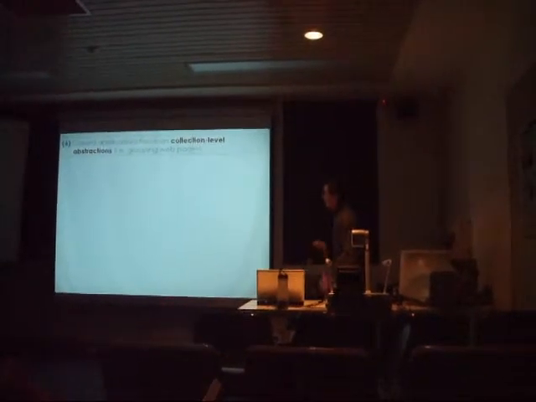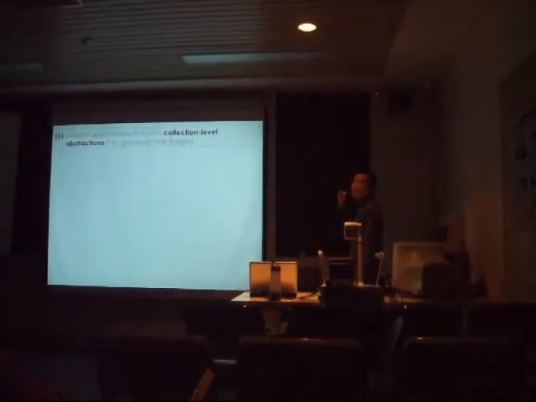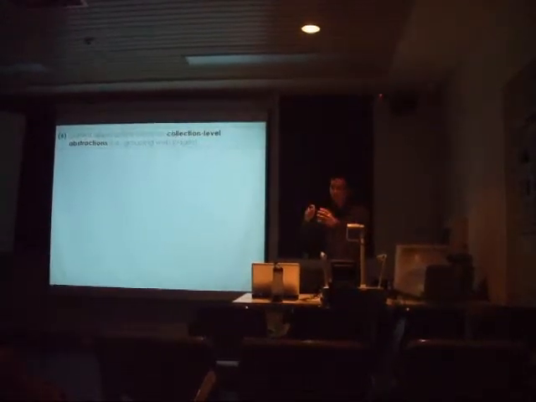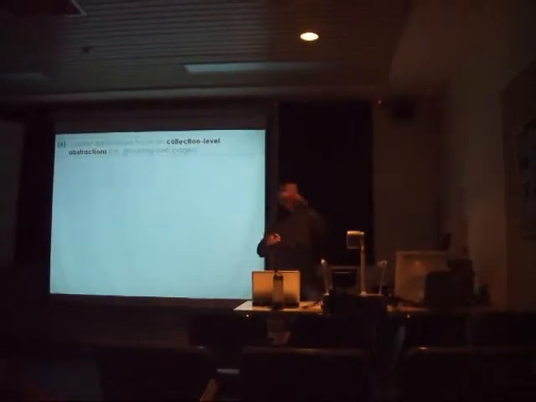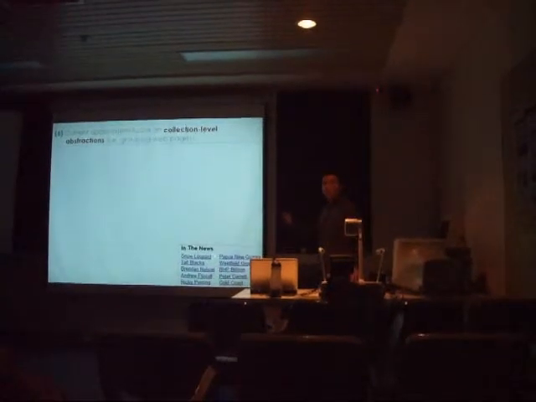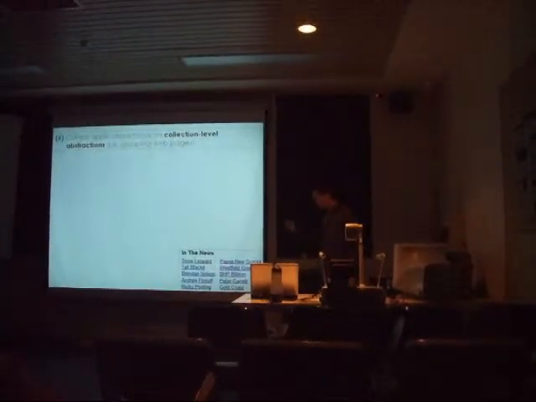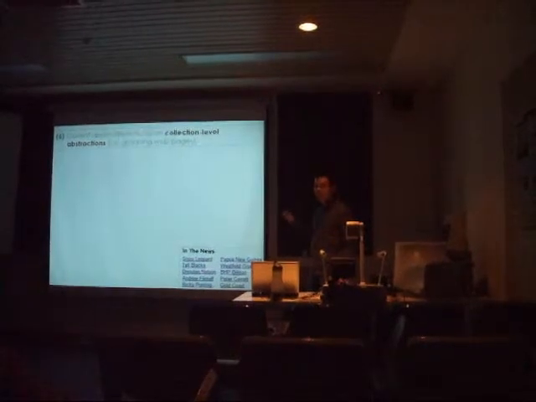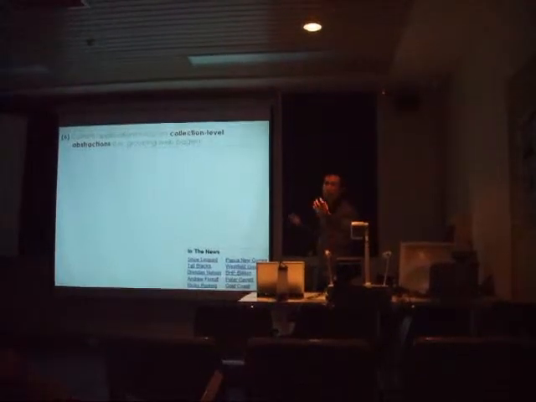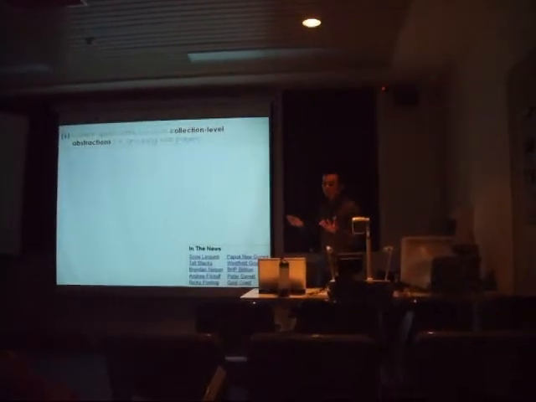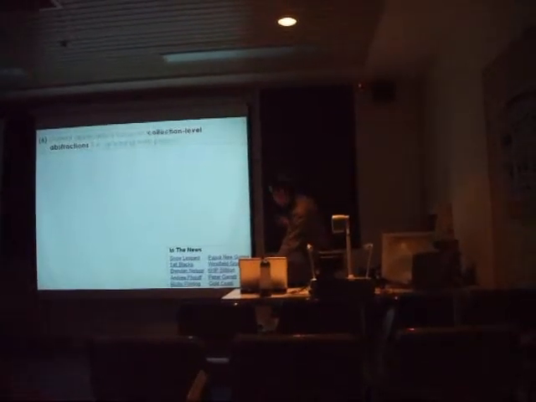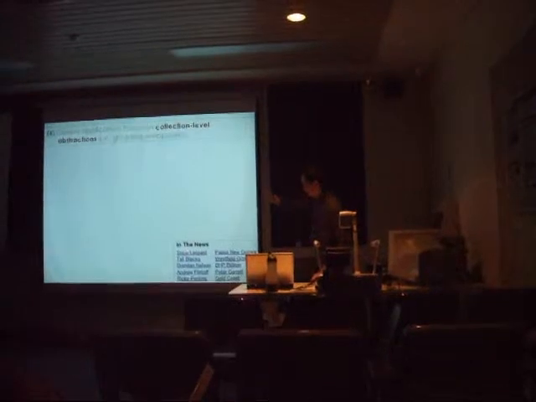And lastly, current applications focus on collection level abstractions, or in other words, the grouping of web pages and providing metadata at that level only. Let's look at this example. If you recall from the previous 2 or 3 slides, this is provided by Google to assist the users in navigating through or obtaining an overall picture of who or what are involved in the main news today. So if I were to click on that phrase there, snow leopard,